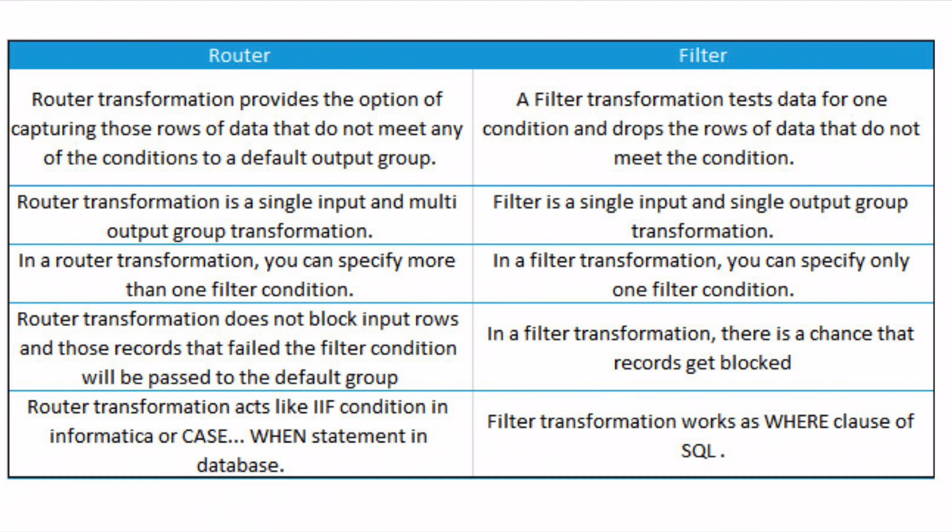Also, you may be facing additional questions on router and filter transformation and some scenario questions. One of the most frequently asked questions will be which transformation is better to use in the mapping. The answer would be router transformation because it reads the records at once and processes them, whereas in case of filter transformation, you have to use multiple filter transformations to implement the same logic.